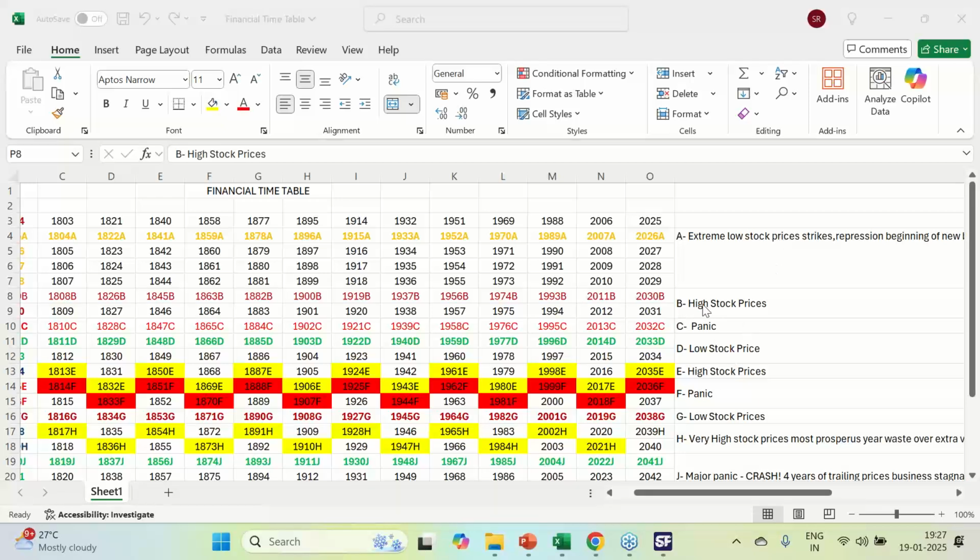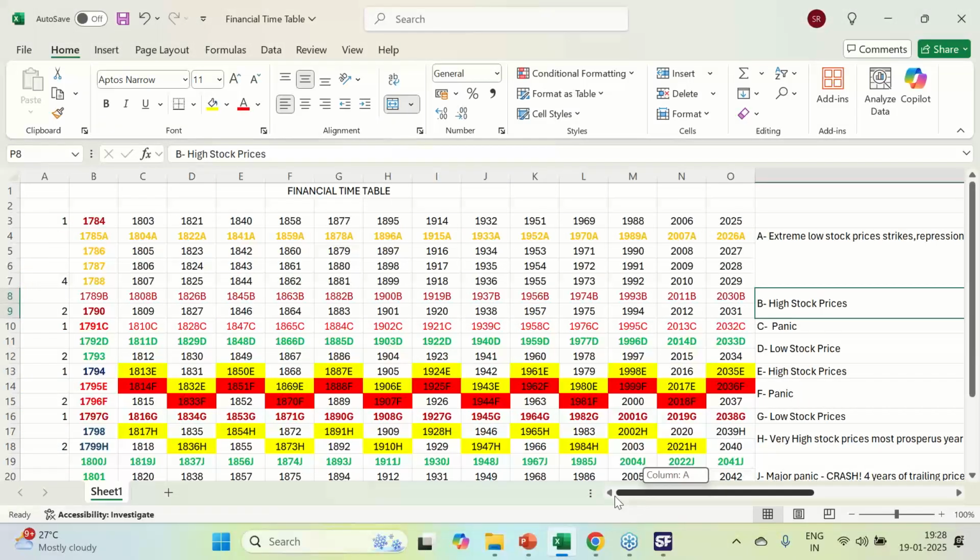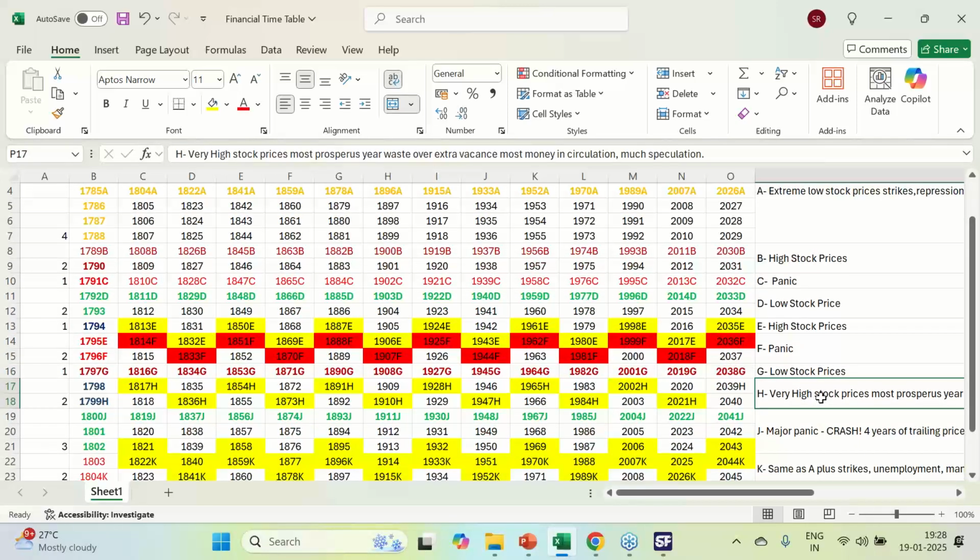Though you are fundamentally weak, prices will be slightly higher. Then it comes to C, panic. So these are the panic periods. C is also a single-year event, so it is not a big year event. Here panic, low stock price, again high stock price; F is panic, low stock price, very high stock price,